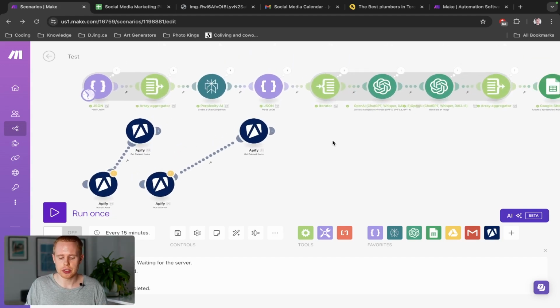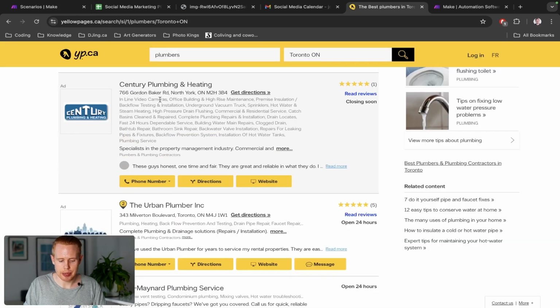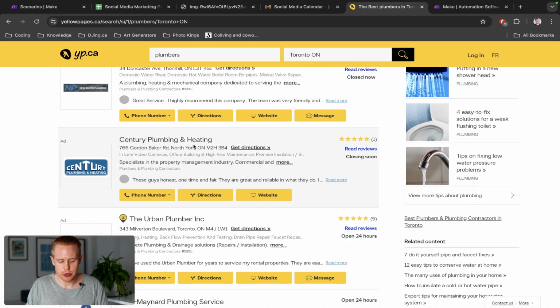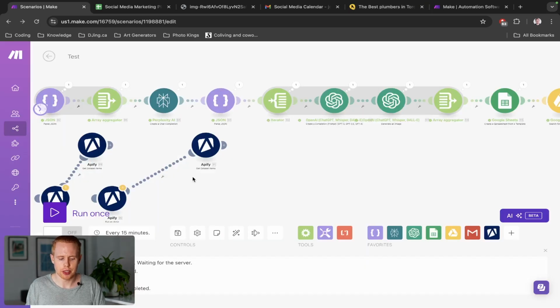And then what we can do is we can literally search their website, grab information from Yellow Pages. Once we get all the listings, we're going to go through each listing one by one. So imagine coming in and going through first New Water Plumbing, and then Century Plumbing and Heating, and then the Urban Plumber Inc., and then Alex Maynard Plumbing Services, going through hundreds of these profiles one by one,